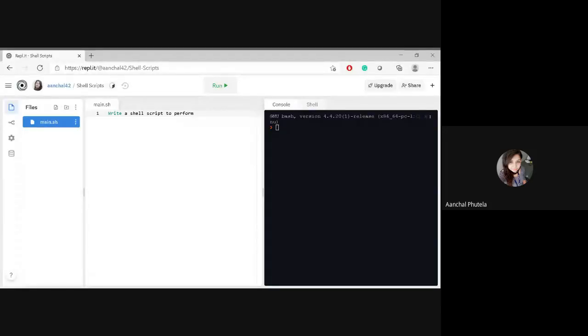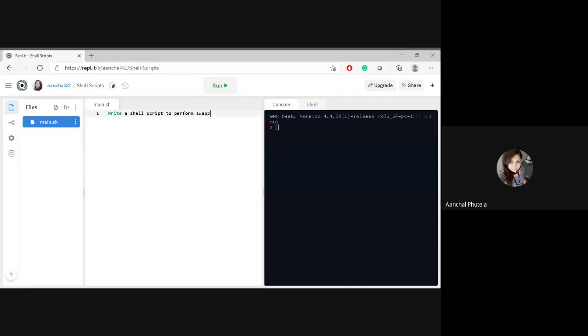Do it, guys. Write a shell script to perform swapping.